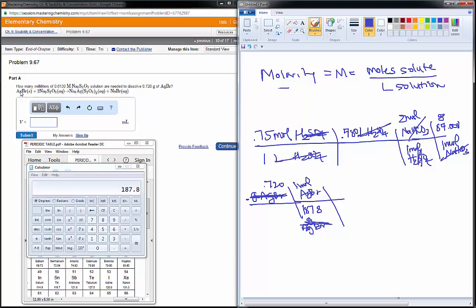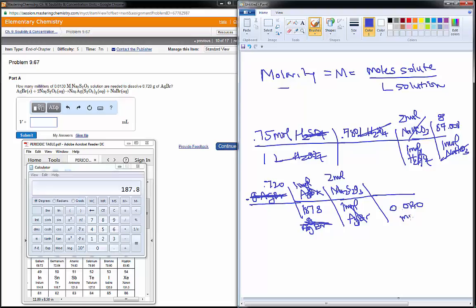Now, according to this balanced equation, 1 mole of AgBr reacts with 2 moles of that Na2S2O3. And I recognize that capital M means moles per liter, and I need moles on the bottom in order for those to cancel. So that's going to be